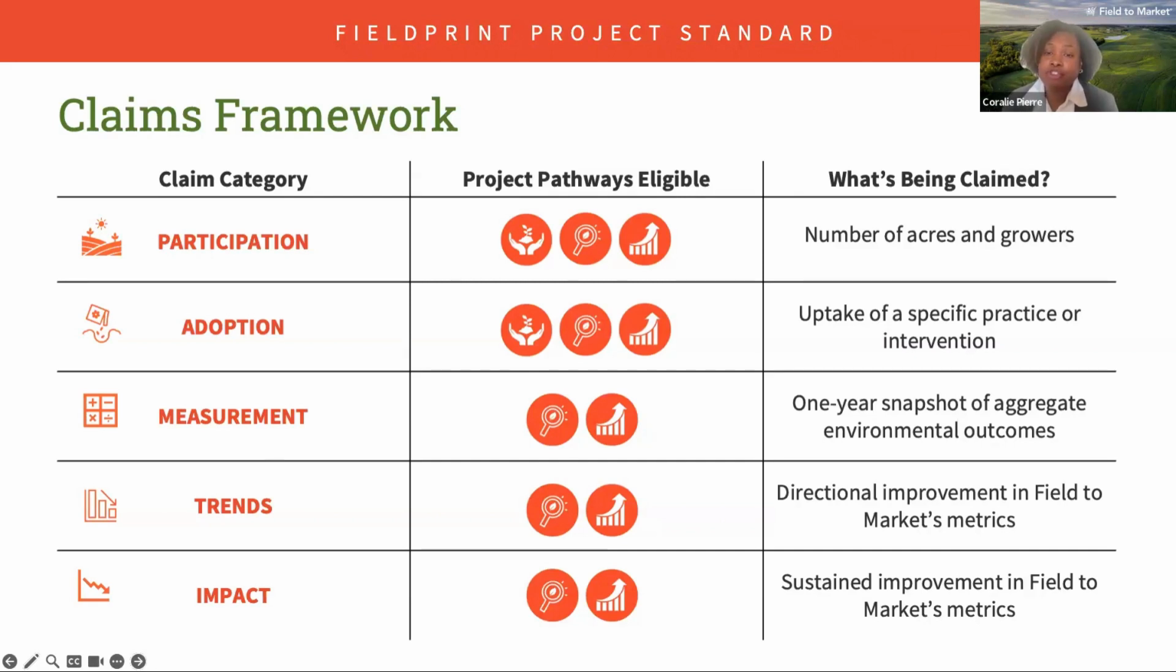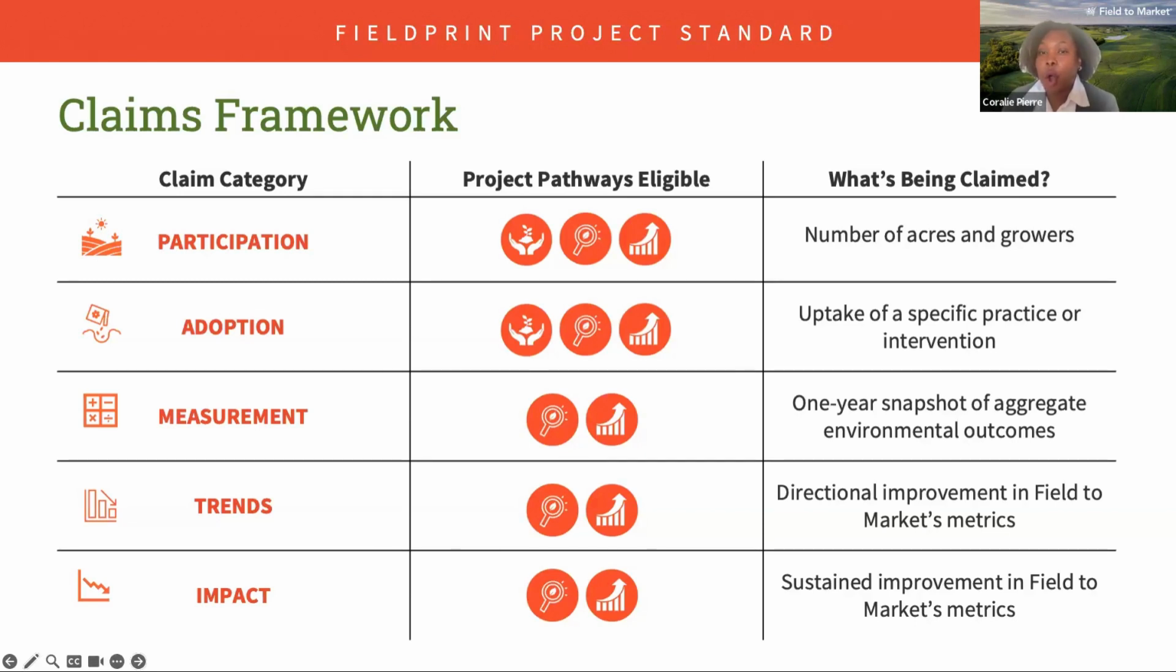It also enables trend claim to indicate interim directional improvement in a metric outcome, demonstrating the project progress and performance trend. And we also have the impact claim, which showcases sustained improvement in a metric outcome, highlighting the long-term positive impact of the project. So participation and adoption claim are commonly used for communication purposes, such as in sustainability report, and